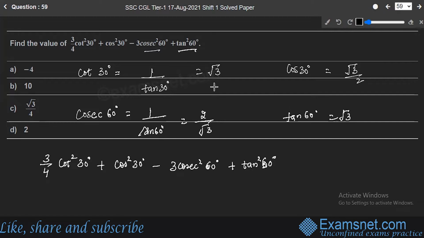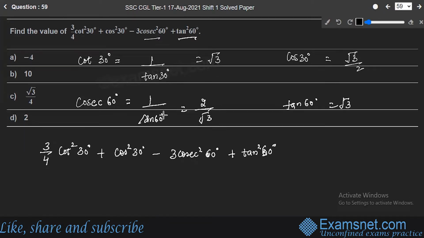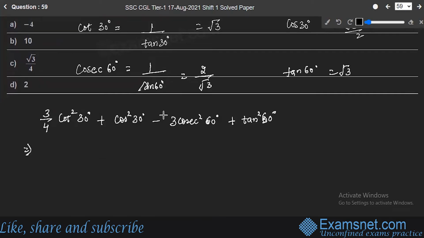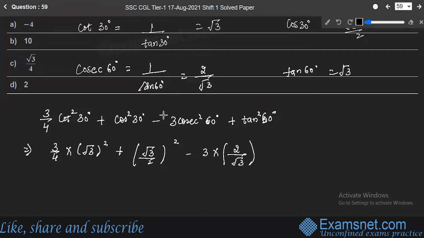Let's fill. Okay, so this makes 3 by 4 into root 3 square plus root 3 by 2 square minus 3 into 2 root 3 square plus root 3 square. So this makes it 3 into 3, and root 3 square is 3, 3 into 3 is 9, 9 by 4 plus 3 by 4 minus, this will be 4 upon 3, 3 and 3 will cancel, so this will be 2